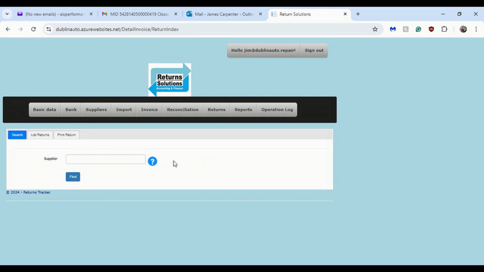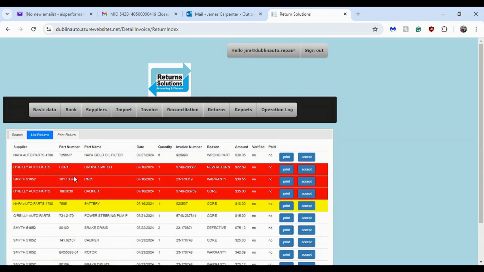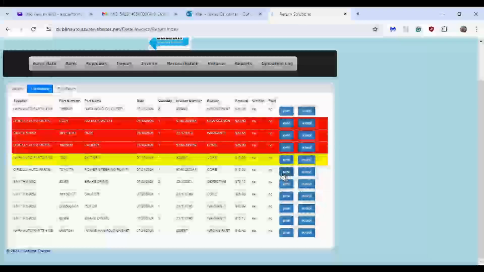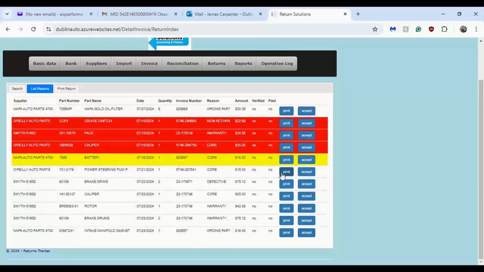Okay, so there's two different methods to search. If you put a supplier's name in there, you'll only bring up returns that are under that supplier's name. If you hit the find button, you're going to bring up all current returns. So let's do that. Let's hit find. Okay, now you're on the screen with all the returns,